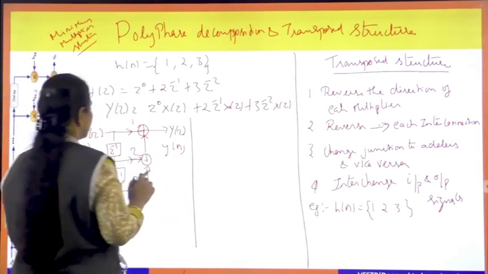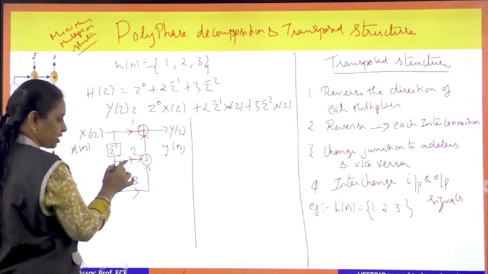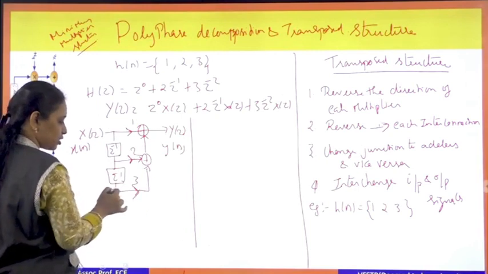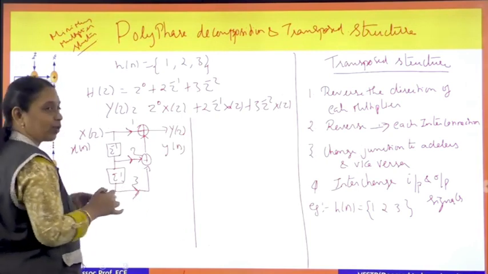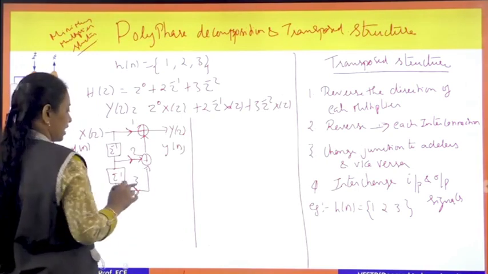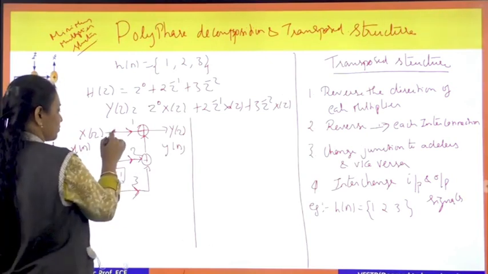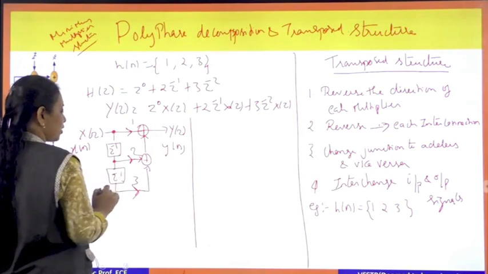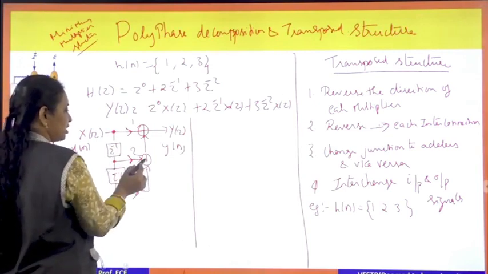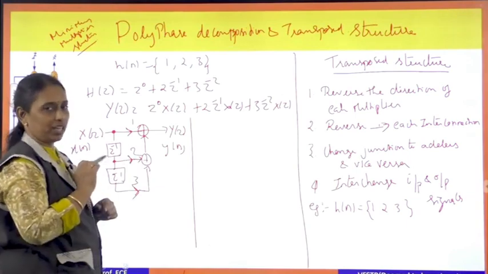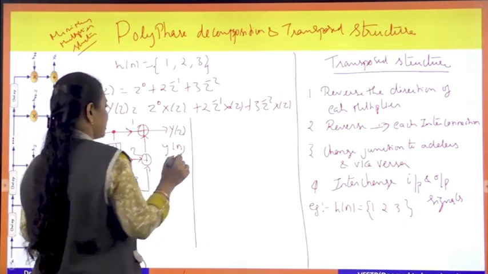See, the multiplier direction of the signals, these are the direction of the signals. The signal direction should be towards left side. Now it is moving right side. Second thing, you should not touch the delay element. This is my junction, this is my junction. In these two junctions, this adder will come here and the junction point will move there. So let us see that.